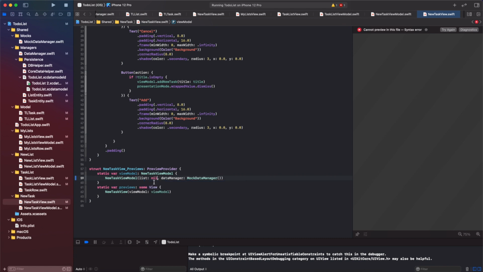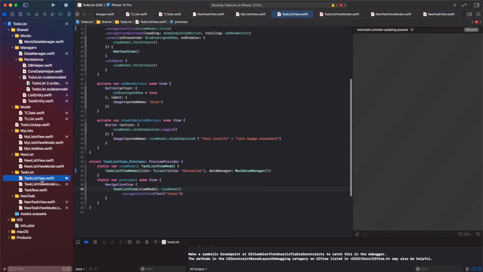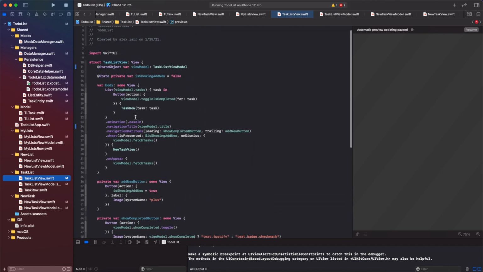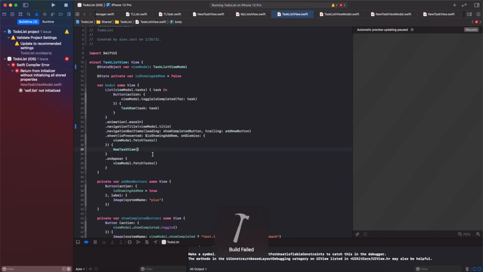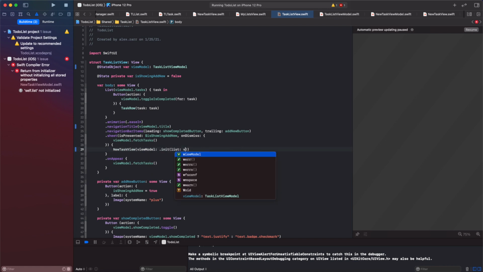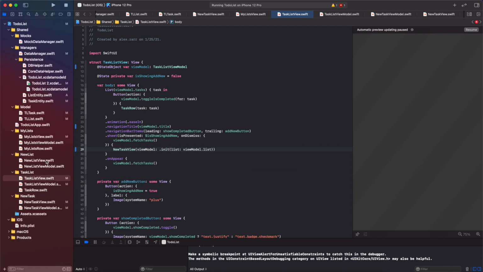Or just pass nil because we don't care for the preview. But for task list view, we should update our model for new task view here. That's actually called build, so we can see this error here, and we add our view model here and pass list from view model. So we do need to make list